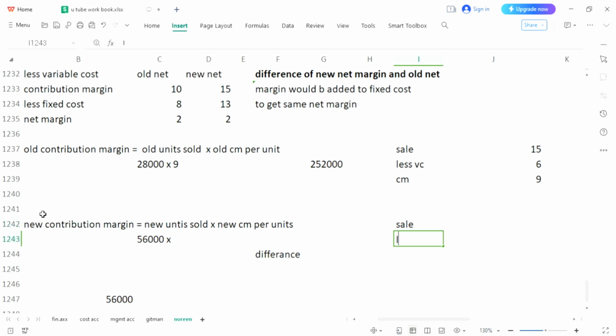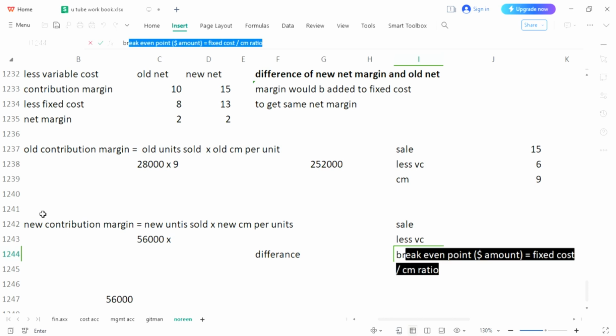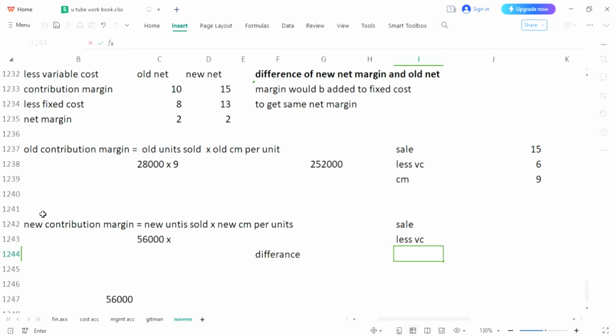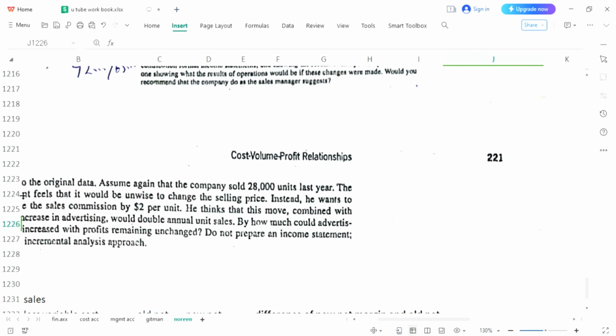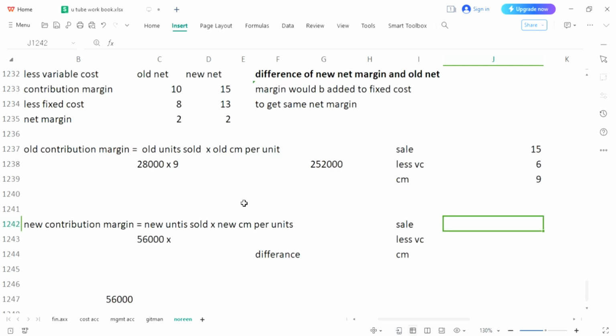Sales less VC, we will get contribution margin. New sale price, how much? Same, because he is not willing to change the sale price. It would be unwise to change the selling price. So selling price would remain the same, that is 15,